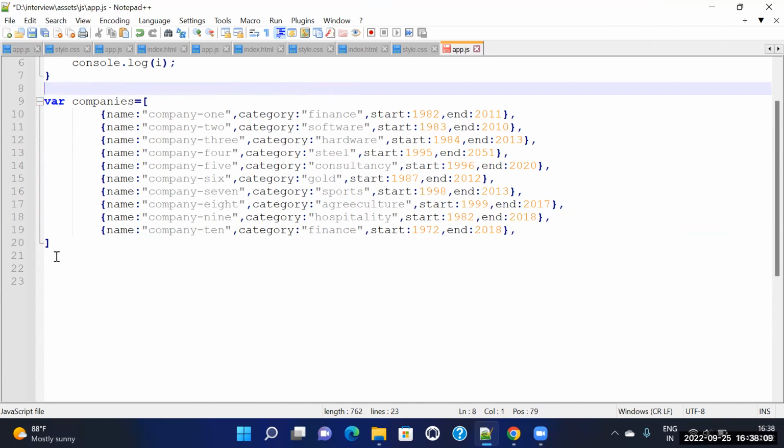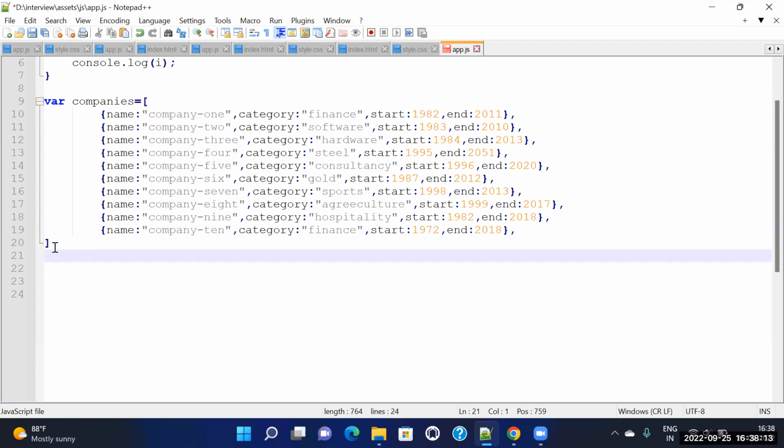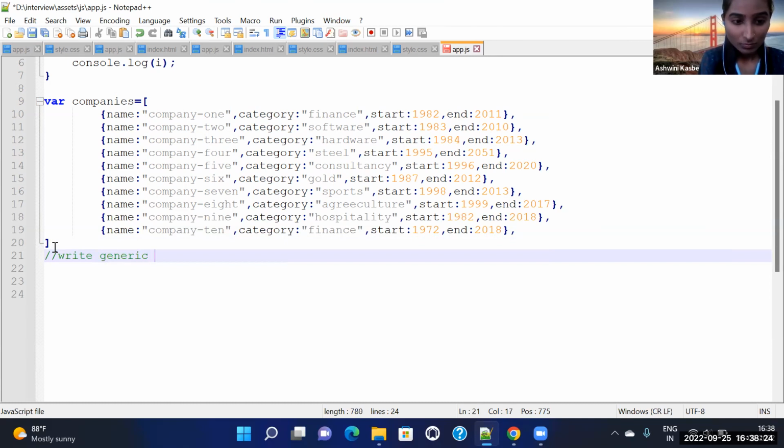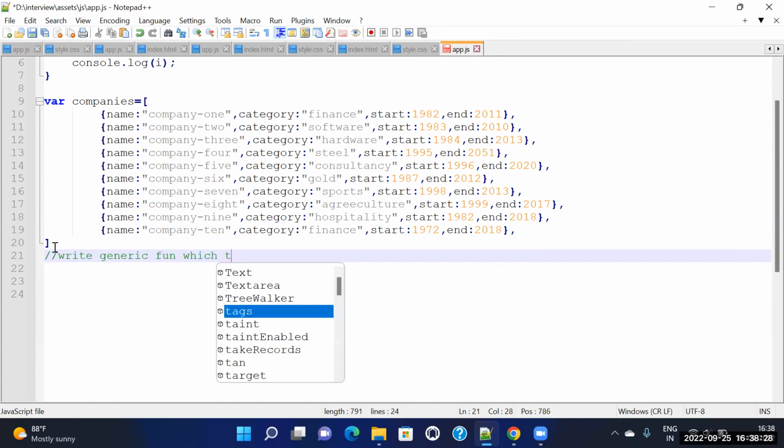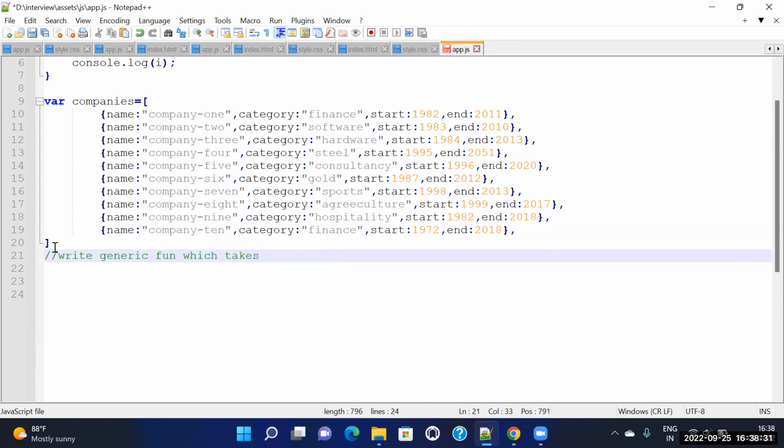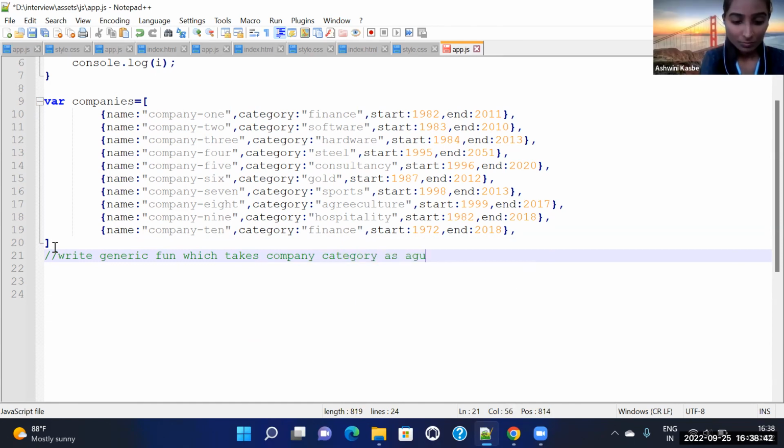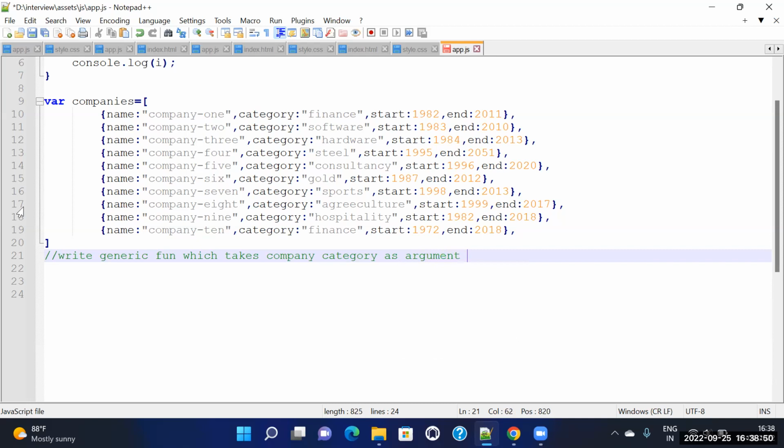So you have to write a generic function which takes a company category as an argument and prints that company's details from the company's array.